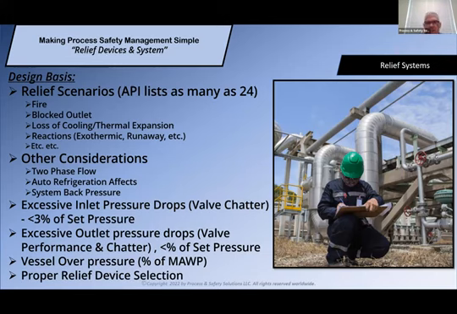We're going to look at some of those depending on what you have and depending on the design of your system. We must make the proper selection of the relief device, and the proper selection really has to do with a lot of these things that we've already talked about. We've talked about overpressures, we talked about back pressures, etc. And we're going to talk about some of those